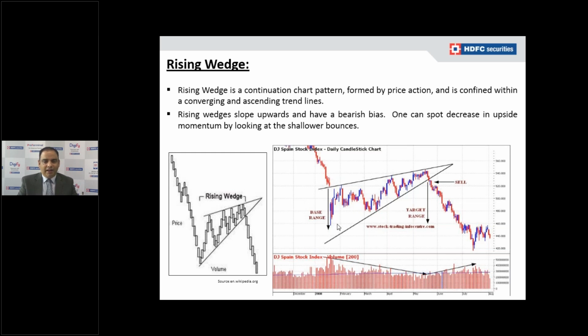What we can see in the chart, the Dow Jones chart, is that after a downtrend, the stock moved in a larger consolidation until it broke out below the consolidation and a clear downtrend occurred, leading to a downtrend continuation pattern.